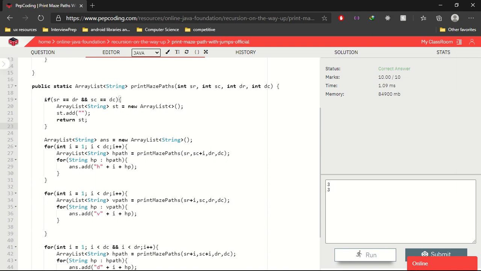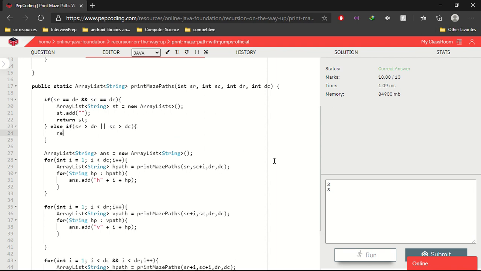The next base case will be: SR is greater than DR or SC is greater than DC. Then we return an empty array list.